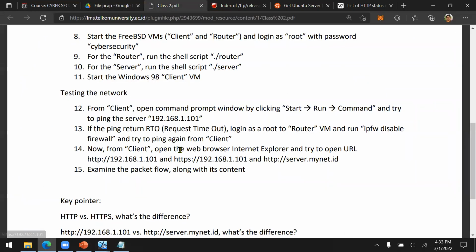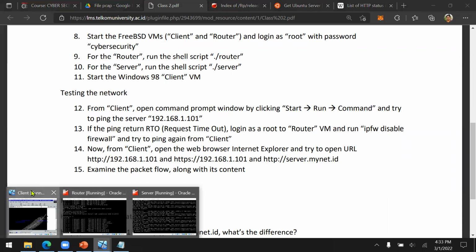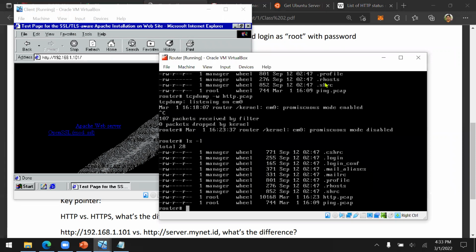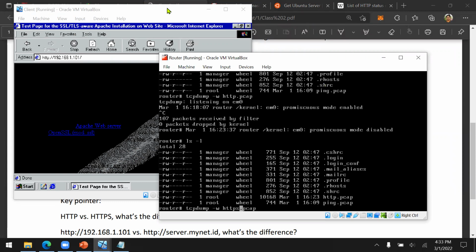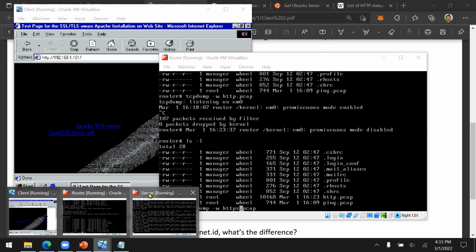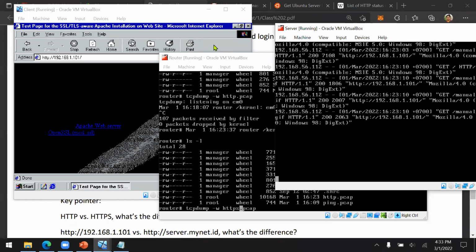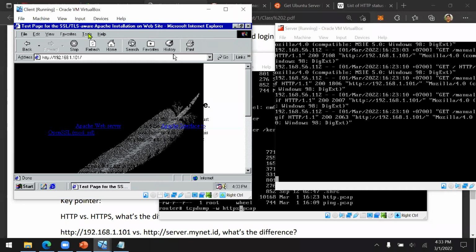Now, based on our lecture note, we also need to access using the secure channel, HTTPS. And then this is the server, and remember to clear the web browser cache.